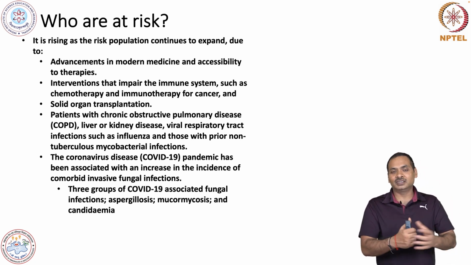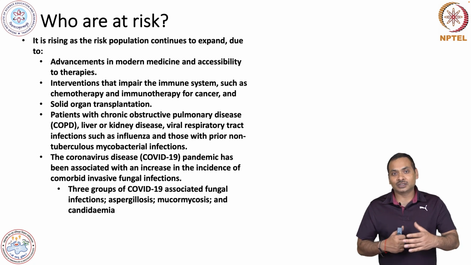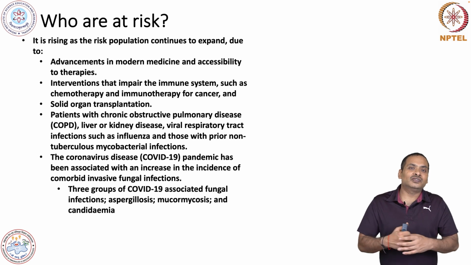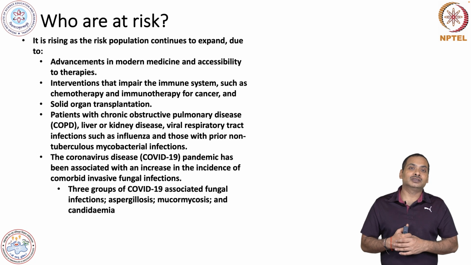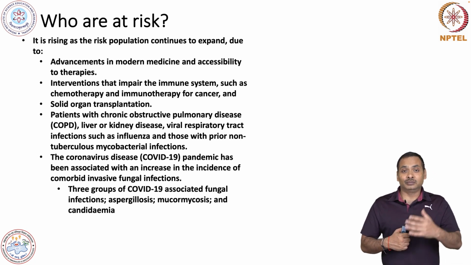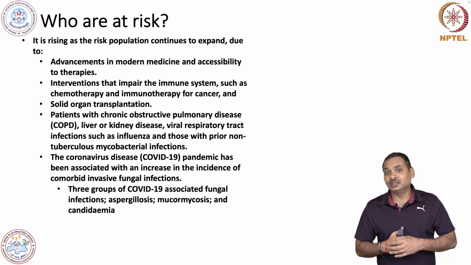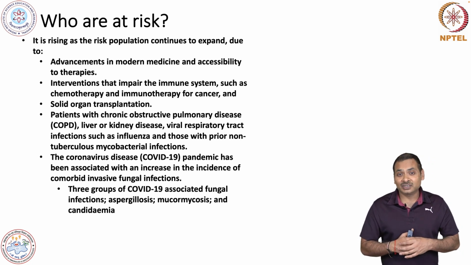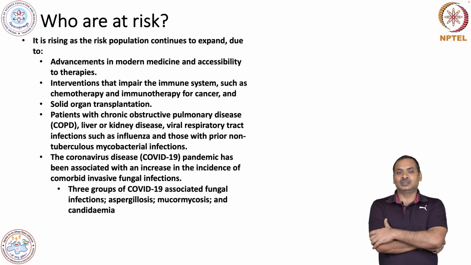Here you can see a very good association between fungal infection and other diseases. Viral diseases are associated with fungal diseases, and mucormycosis is a quite dangerous disease. This infection can take place in various places: in the brain, in the nose, and it can affect the lungs. Pulmonary mucormycosis is also there, and it can affect the central nervous system and various organs. So, this is a quite dangerous disease.